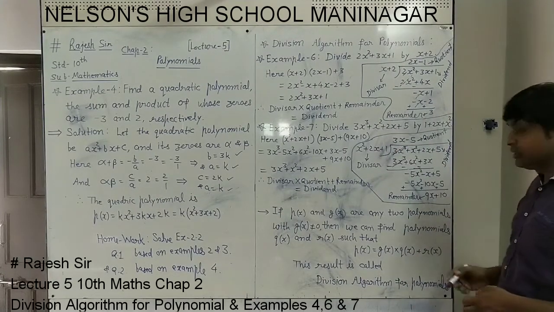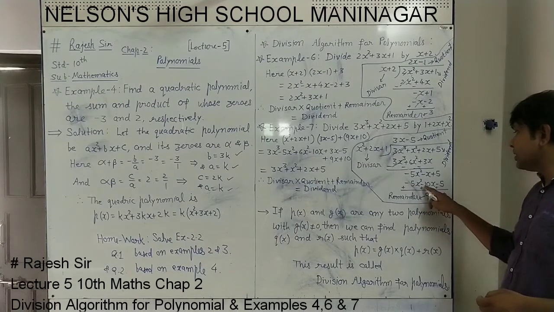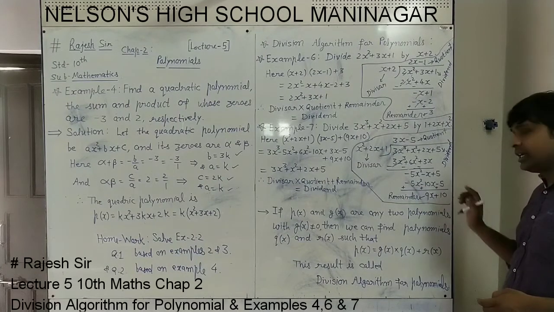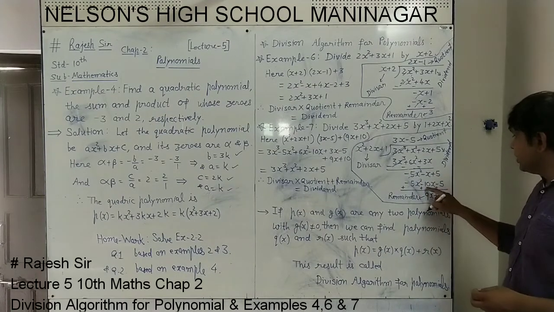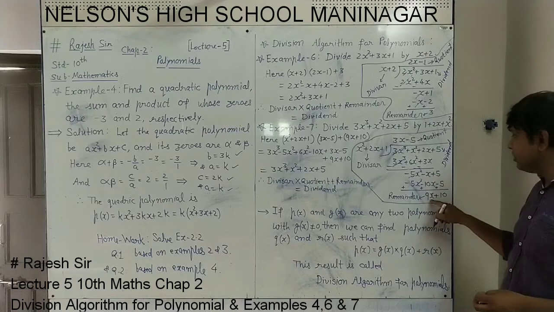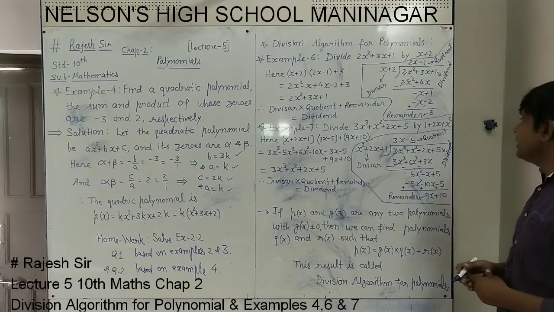Again the sign change concept, because we are subtracting. This minus is considered as plus, this minus as plus, this minus as plus. Now minus 5x square and plus 5x square will be cancelled. Plus 10x and minus x, plus 9x. Plus 5 and plus 5 will be plus 10. So again